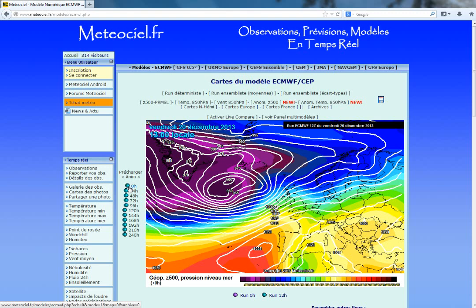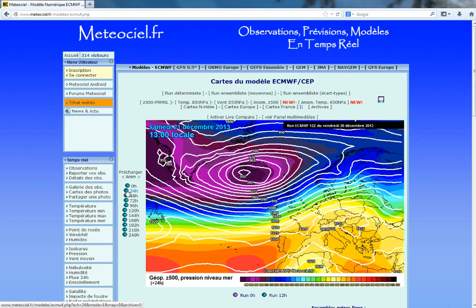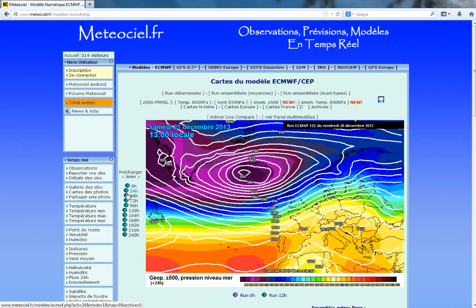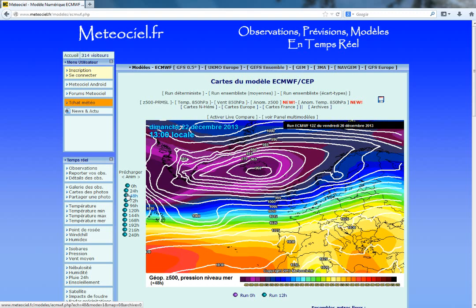Now, see if any major differences show up between the ECM model and the GFS model. Current situation, 24 hours. Well, there's a bit of a difference already. The low up in the North Atlantic doesn't appear to be anywhere near as far east, and it's projected as just heading straight north, directly towards Iceland. The 48-hour chart, the low's meandering up near Iceland with quite a brisk run of westerly winds for the United